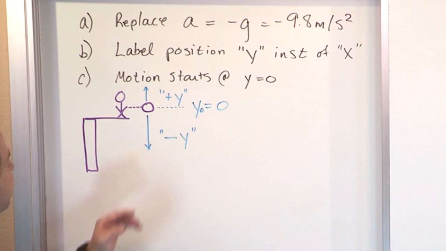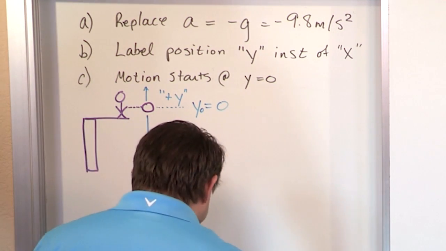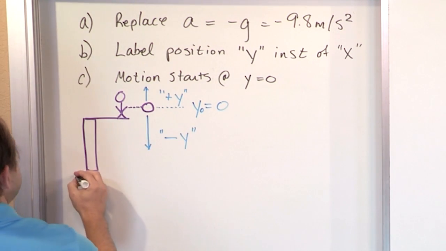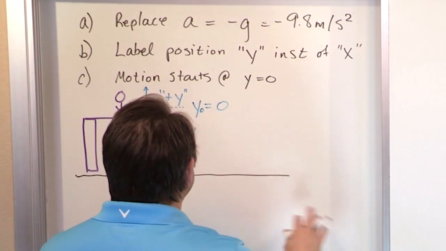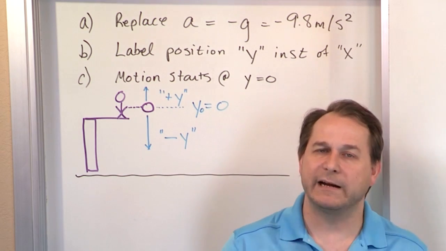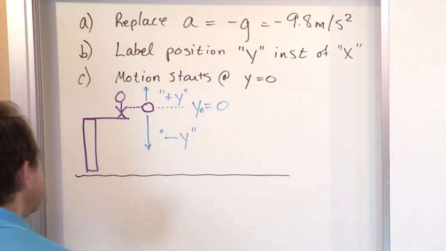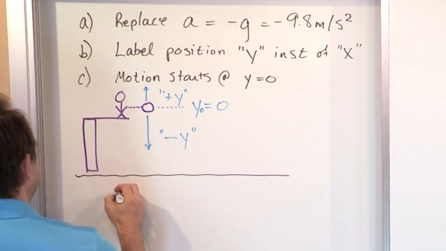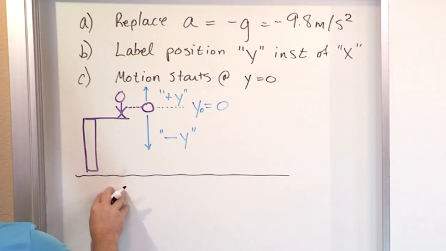So that's kind of our convention that we're going to be using. And it's incredibly important for you to understand that. Now the next thing we're going to do is talk briefly about the equations of motion, and then we're going to solve a quick problem, just to get your feet wet with how we use these things. Now, if you remember, the main equation of motion for position is